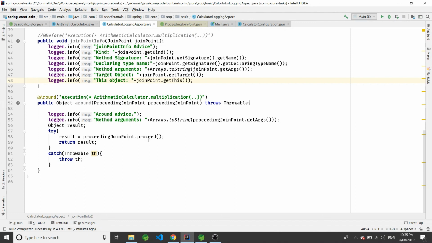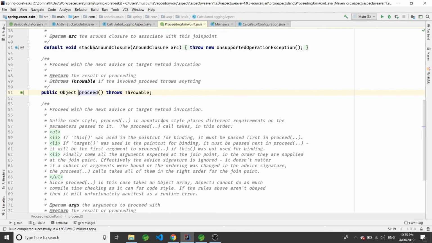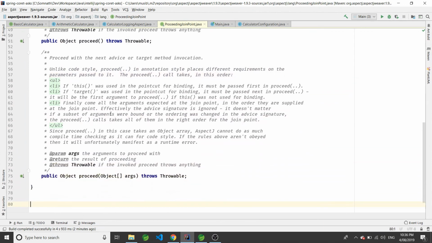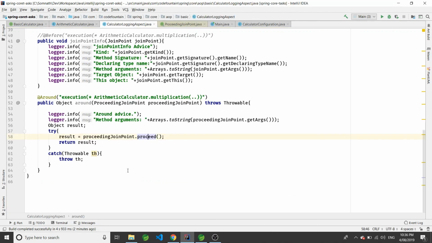For example, here we have proceedingJoinPoint.getArgs. The proceed method also takes arguments, so there is another proceed method with arguments, and we have the option to change those arguments here. Let's say in this case I don't care whatever the caller has sent, I want to pass something else just for demonstration purposes. Let's say I want to pass 5.8 and 9.2. So if we execute now,